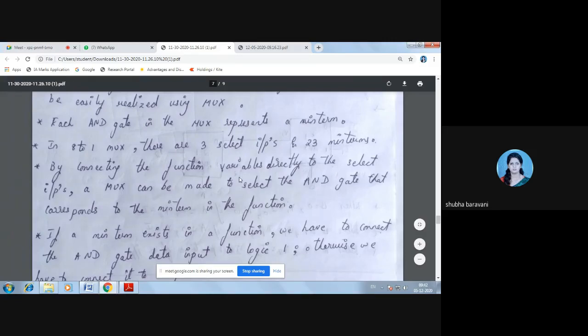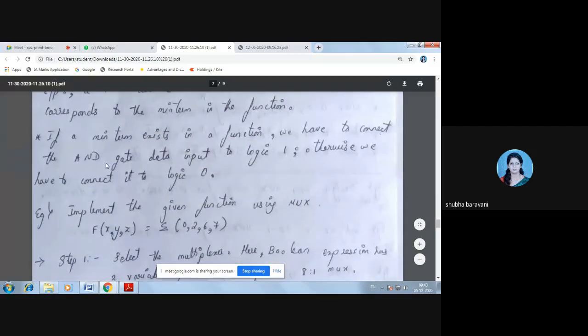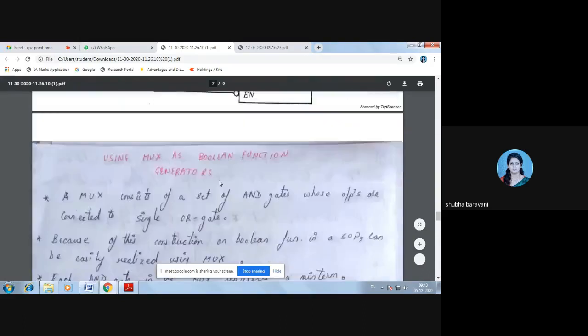By connecting the function variables directly to the select inputs, a mux can be made to select the AND gate that corresponds to the respective min term in the function. Now how to implement this? If a min term exists in a function, we have to connect the AND gate data input to logic 1. Otherwise, we connect it to 0. So this is the procedure.